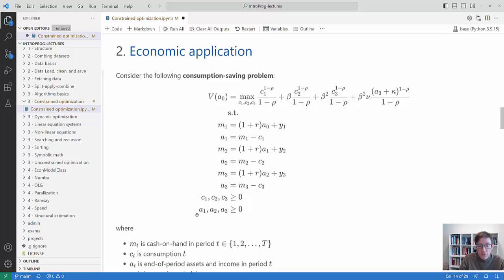Consumption always has to be positive, and so does assets. You cannot borrow. You get utility from consumption in each period. You discount future utility with beta, and in the final period you also get utility from holding assets, which can be interpreted as a utility of giving a bequest. So the nu and the kappa are sort of extra parameters in this utility function